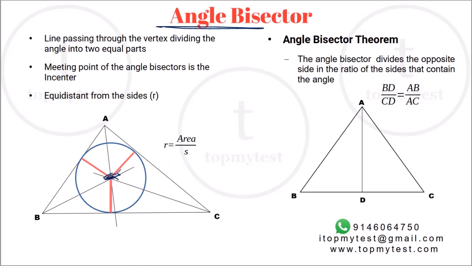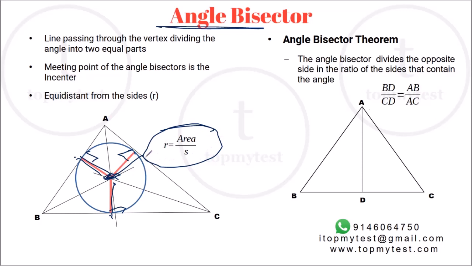Now incenter is unique in the sense that it is the only point inside a triangle which is equidistant from the three sides. So if you drop a perpendicular to each of the sides, the shortest distance will be equal. Because each of these lengths is equal, you can draw a circle which will touch each of the three sides at only one point. In other words, the three sides will become tangents to this circle. The circle is called the incircle, right? The radius is called the inradius, and you can find the value of the inradius using this relationship.